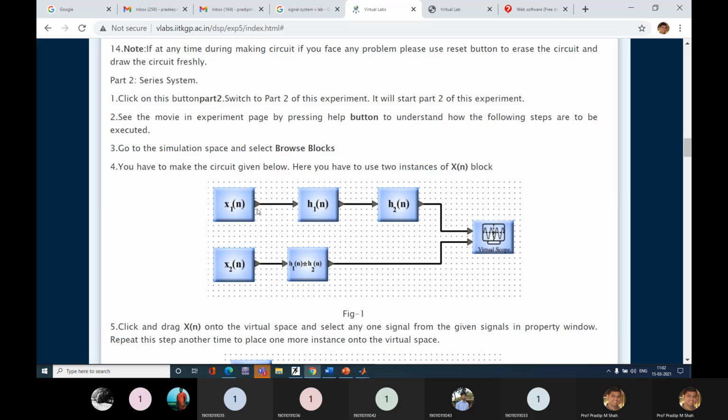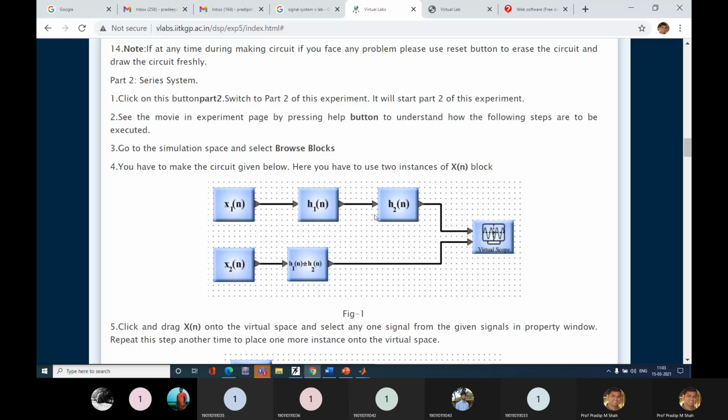Here we are going for a series connection of two systems, so we have two different impulse responses. The output of one system is connected as the input of the second system.